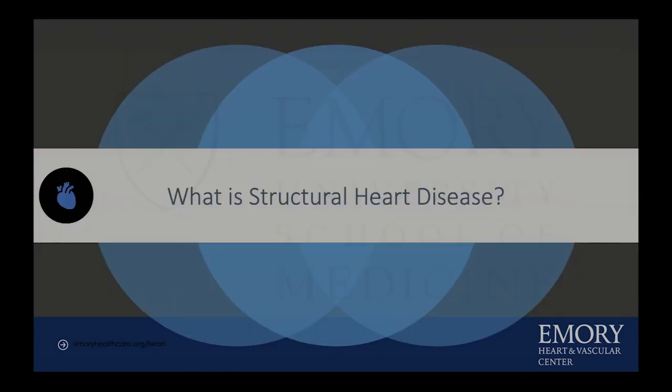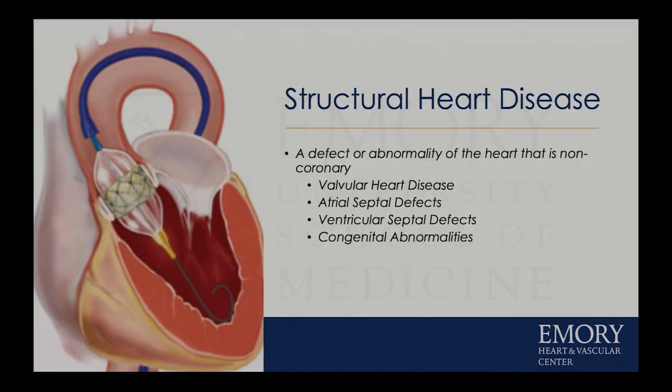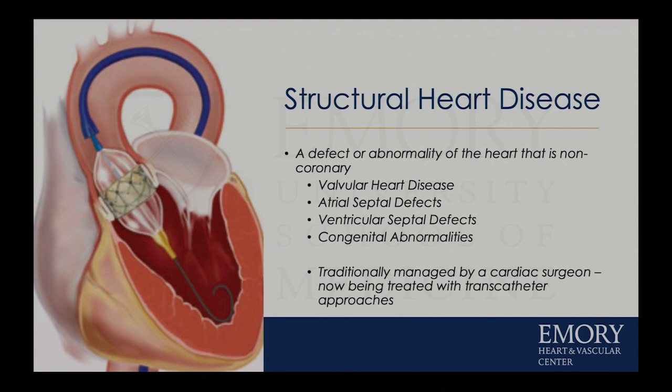So let's get started. What is structural heart disease? Well, really, it is a defect or abnormality of the heart that is non-coronary. So valvular heart disease, atrial septal defects, ventricular septal defects, and even congenital abnormalities fall into this bucket of structural heart disease. And traditionally, these were managed by cardiac surgeons, and now oftentimes these diseases are being treated with